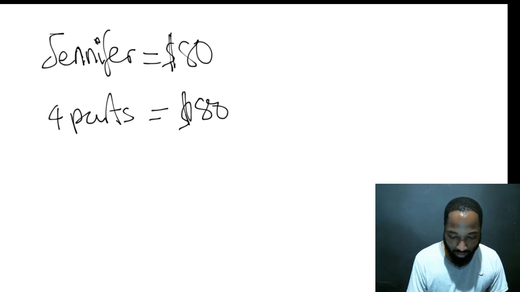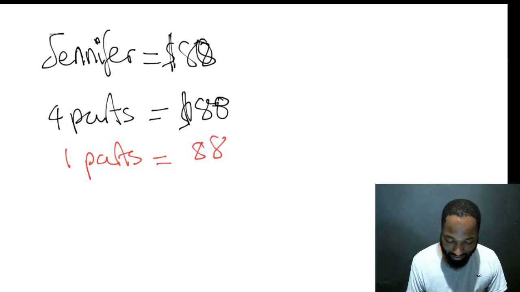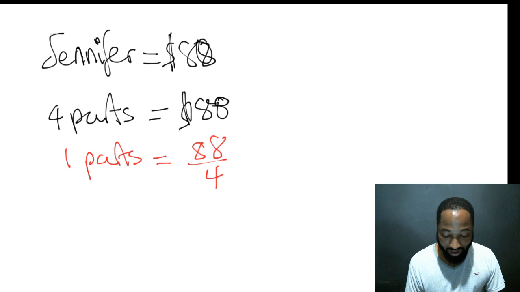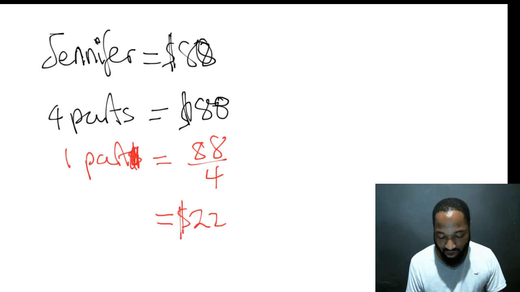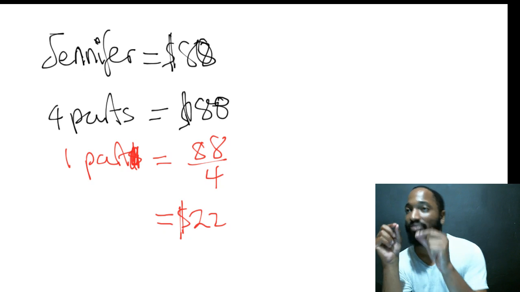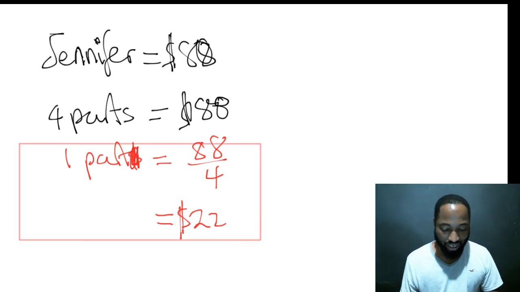So how much is 1 part? Because the aim when you start this question, you need to ask yourself, what is the aim here? By the way, it was 88. The aim is to find for 1. So 88 divided by 4 is the answer, which is 22. So $22. You use the information given to still come back in the end and find for 1 part. Now you ain't done yet, but you're good to go there.